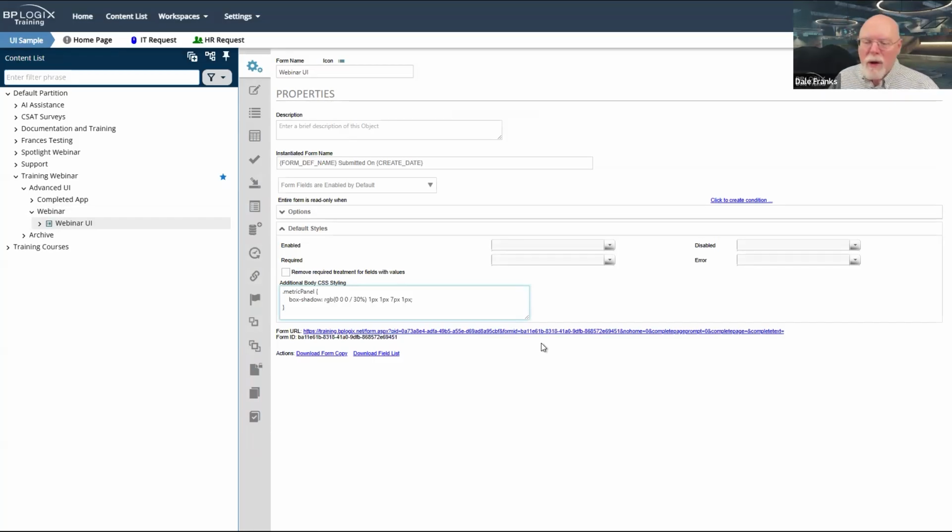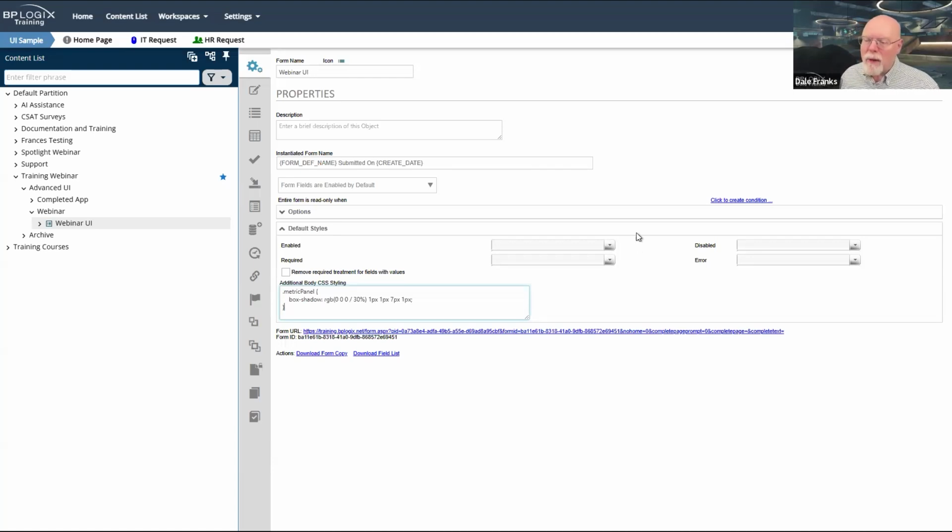Now, this is one of the cool little things that you can do in Process Director, especially if you know a little bit of CSS. It is often difficult to style standard Process Director objects by themselves via CSS. There is a rather complex cascading system of style sheets, hence the name, cascading style sheets. There is a relatively complex cascade that is used to provide styles for individual controls.